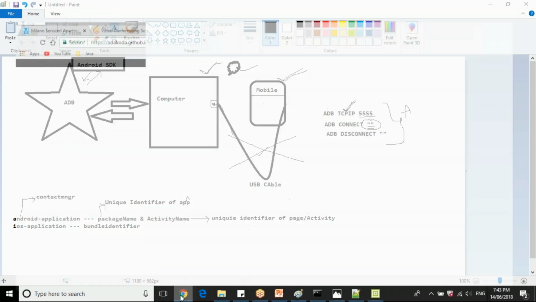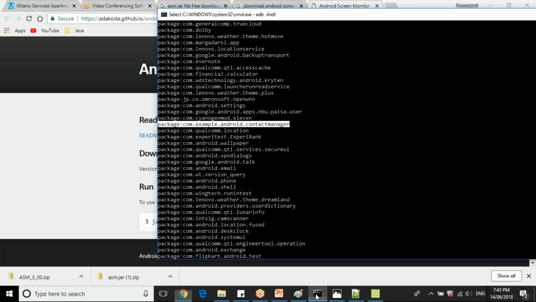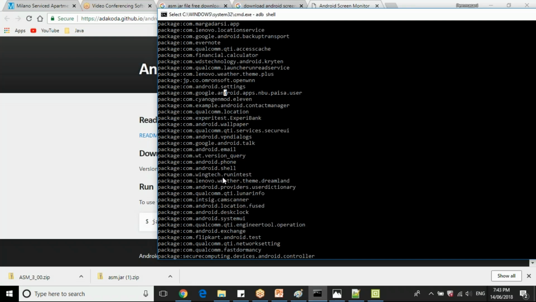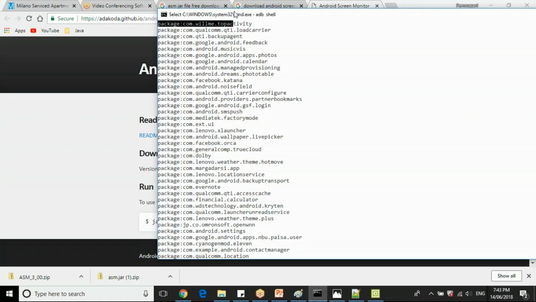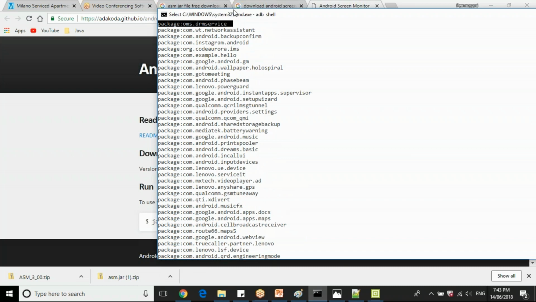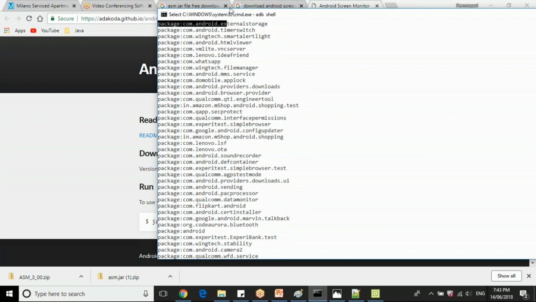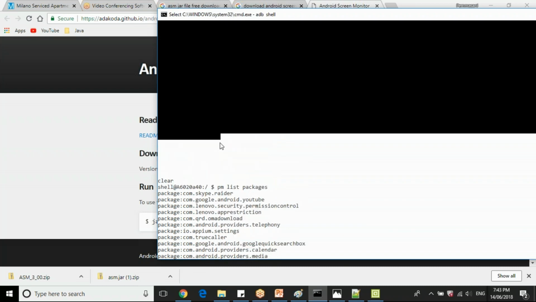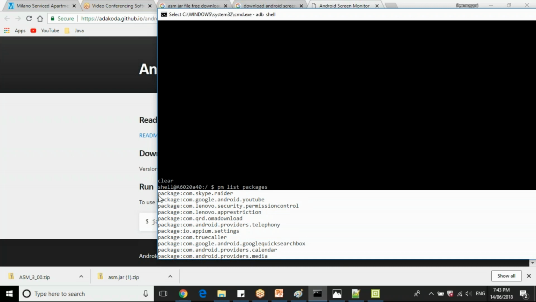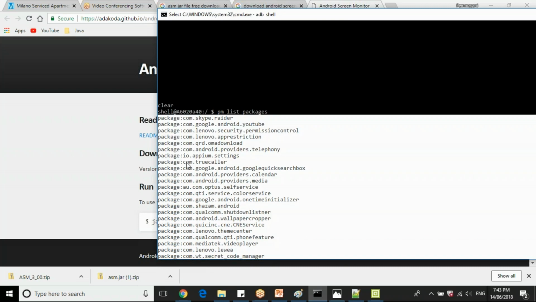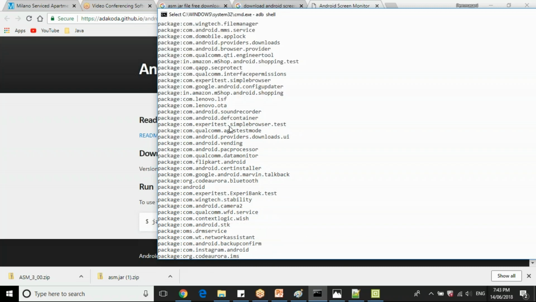Let's say there are hundreds of applications installed on my mobile here. If you see here, I have installed more than 120 applications. Now I need to tell my APM tool to go and communicate with a particular package, right? I cannot work with all the applications. I am writing a test for some application, so I need to tell it, hey,